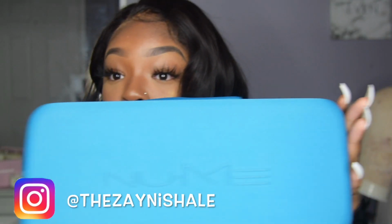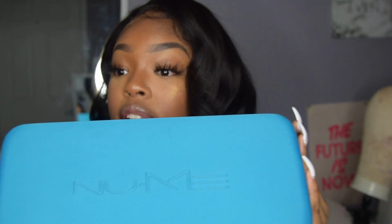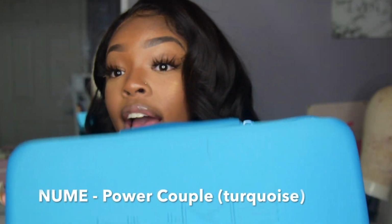So this is what I'll be using today to curl my hair. It's a gift set from Nume. It's the Power Couple set. I have been craving, or raving, over this for years and finally it's mine. So basically,